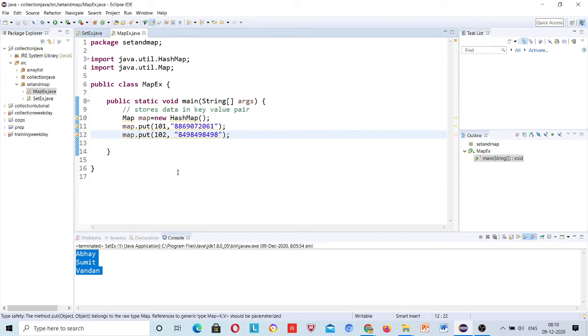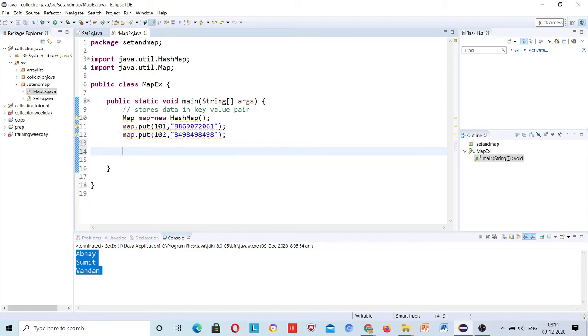See, just like set cannot store duplicate values, map cannot have duplicate keys. Duplicate values you can have, your two mobile numbers, but you cannot have the same key for storing that mobile number. Means for every entity there will be a separate key.